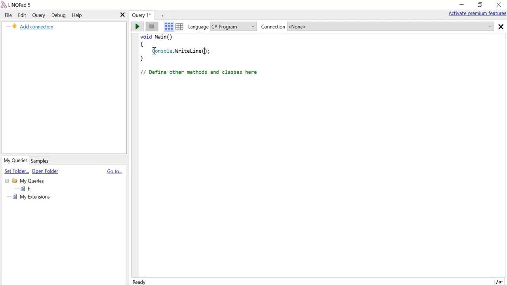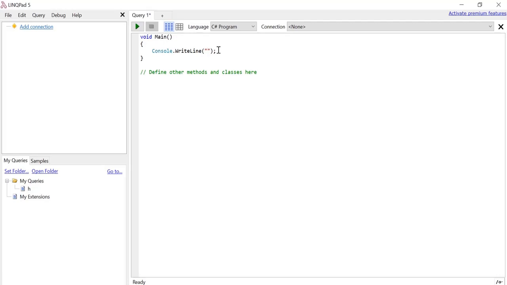Every line we write in the program is called a statement. So this is a statement, Console.WriteLine. WriteLine is a function. I know you don't know what a function is or what a statement is, and every statement ends with a semicolon. These are the necessary things, otherwise you will get issues while executing the program. Inside Console.WriteLine, whatever I write will be present in your output window.